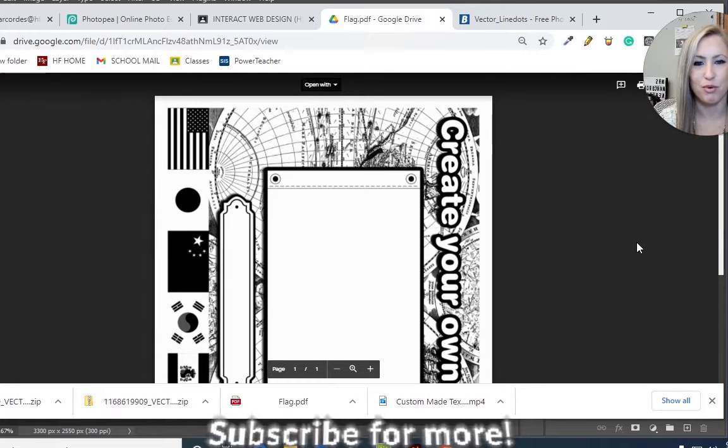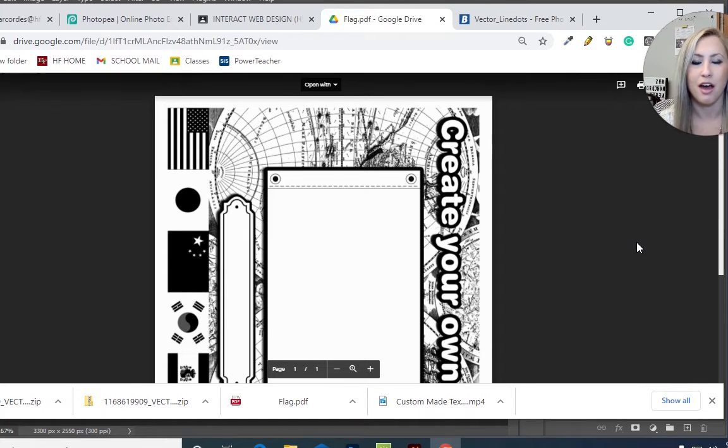For today's tip, I'm going to show you how to download and install brushes into both Photoshop and Photopea, which is a free program almost exactly like Photoshop, so that we can add those to our design. Now in this specific example, I'm going to show you how to use one of the templates from Quiver,